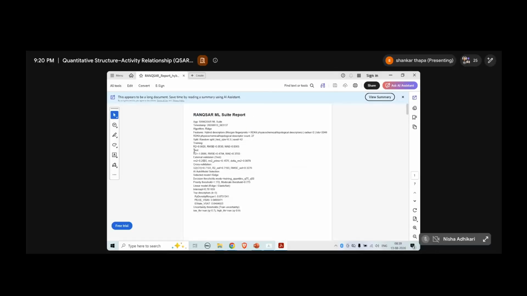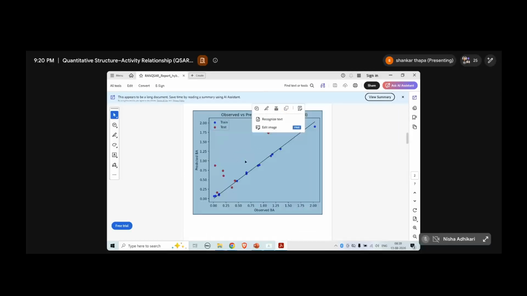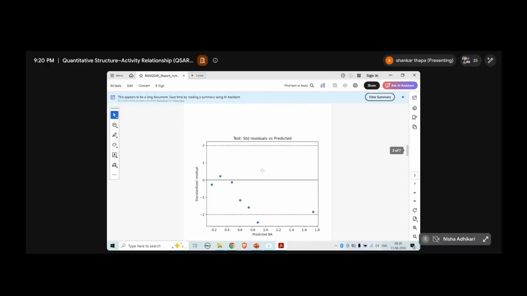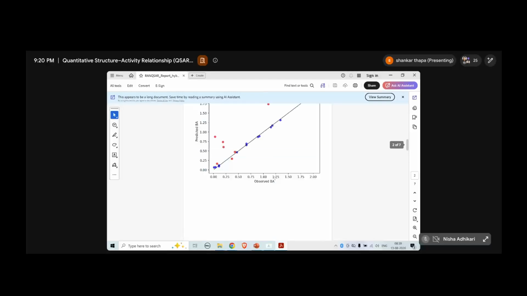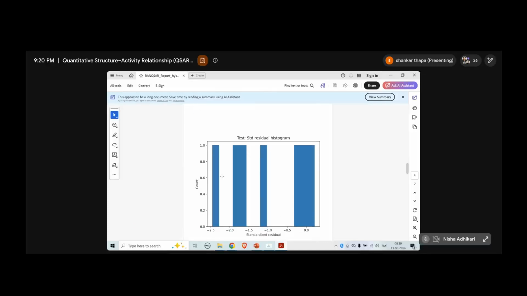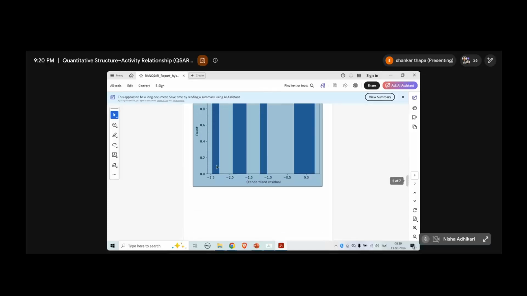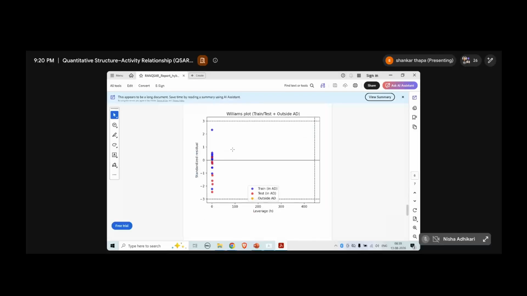Because the test R square value is not good, this is not that reliable a model, we can say. And this is the linear curve, which is required to include in the manuscript. This was the linear curve also, but this is the applicability domain. This is the standardization, like Y randomization. So this is Y randomization. Yeah, and this is the Williams plot.